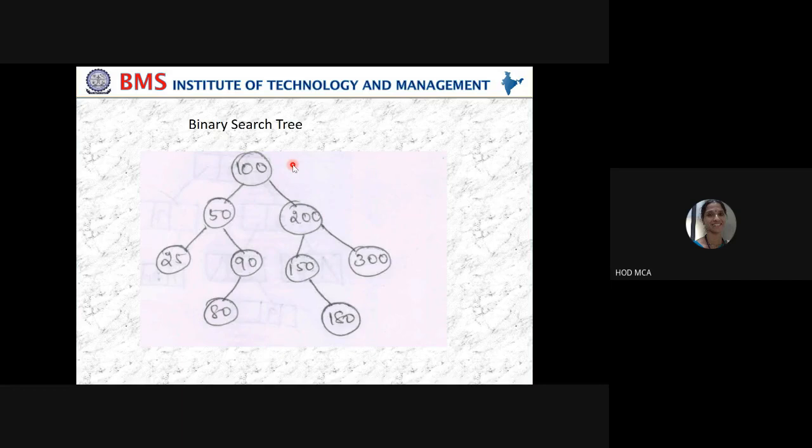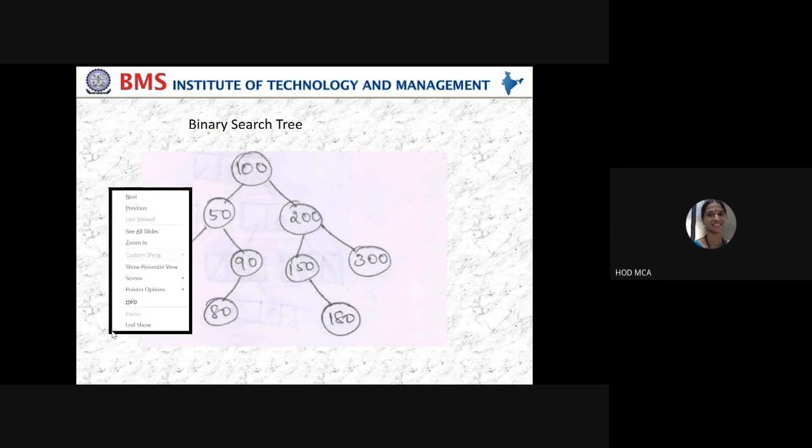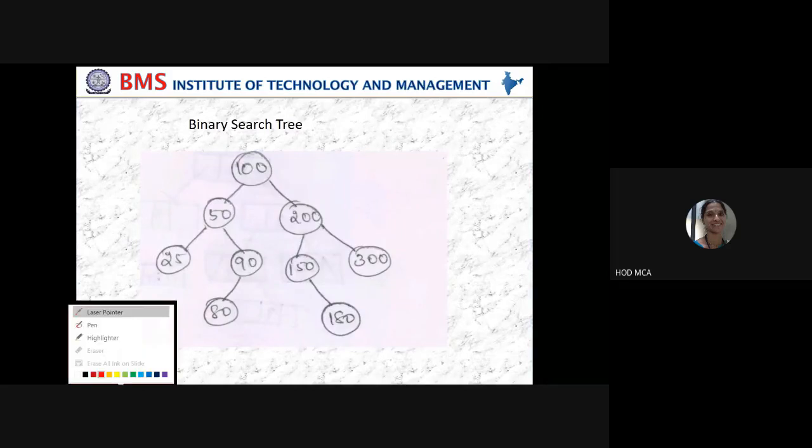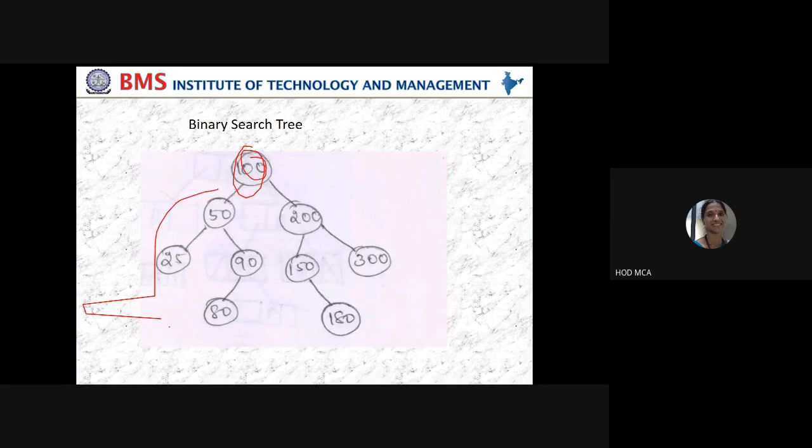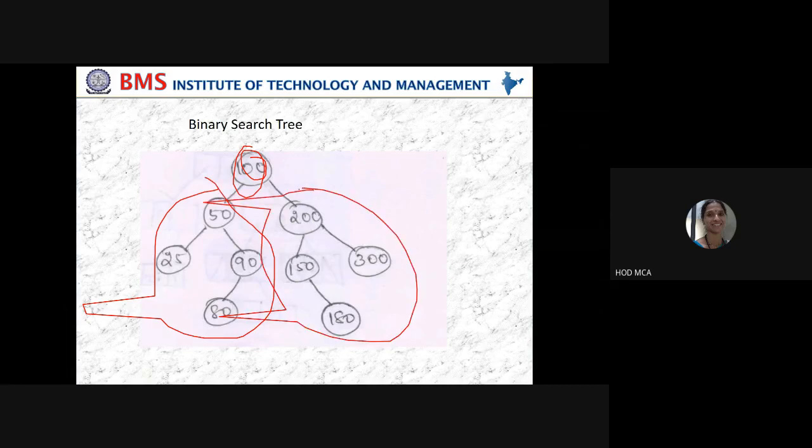Binary search tree is a slightly different kind of tree. It is also a binary tree, which means it has a root node and two subtrees. If you observe here, 100 is the root node, and you have two subtrees, this one and this one.